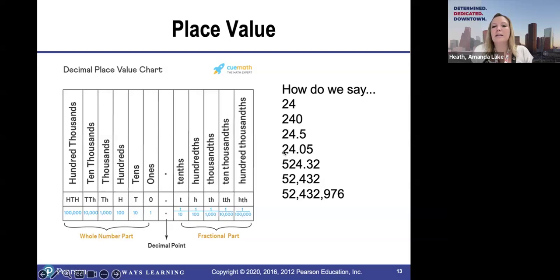So I could just read that as 24 and 5 hundredths. Now, this next one, 524, and we could either say 3 tenths, 2 hundredths, or 32 hundredths, because 32 is in that hundredths place. So I have 32 hundredths, which is the same as 3/10 and 2/100. Now this number doesn't have a decimal, but we see that we have 5 10,000s, 2,000s, 400s, 3/10s, and 2/1. So we could read it that way, or we could say